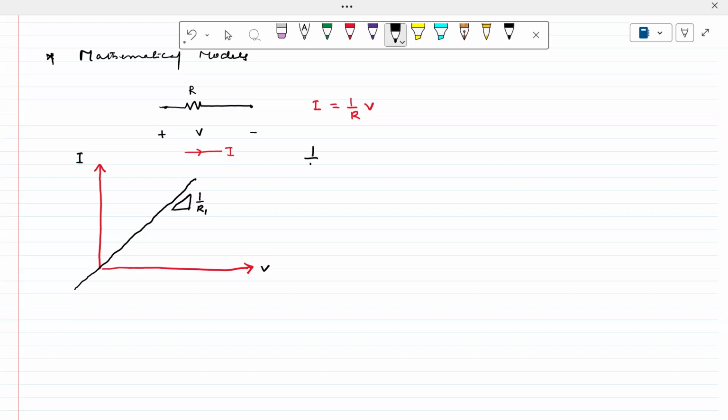So 1 by R, I'm writing, right? If the R value is smaller and smaller, what will happen to this one? Oh, sorry. If R decreases, the slope of this line increases, right? Slope increases means it has to move towards the y-axis. So therefore, this is moving